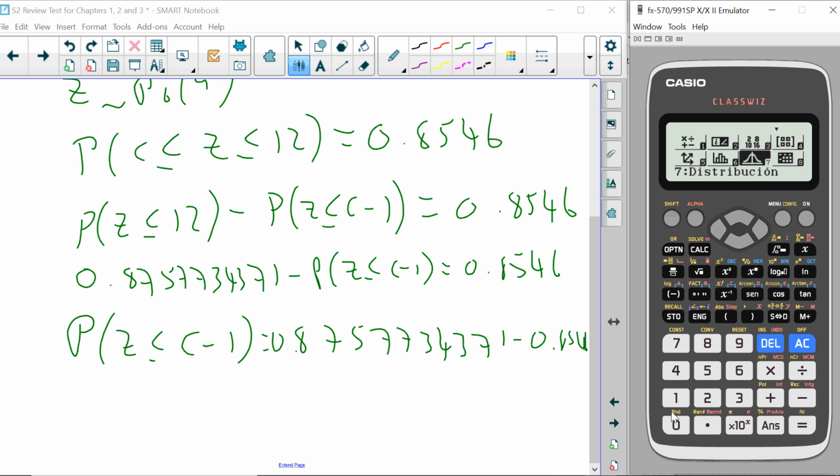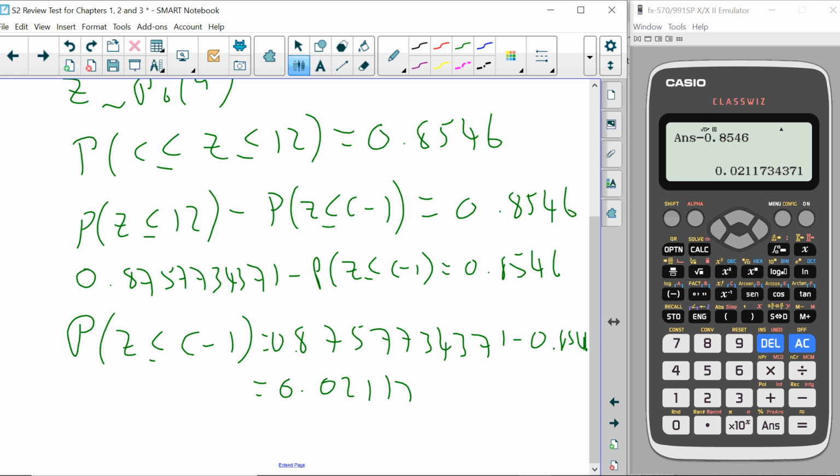So I'm going to go to my normal calculator mode. That is my answer, as you can see, and I'm going to take away the values that I need, the 0.8546, and I get 0.0211734371. So now I've got to the stage where I know the probability of Z is less than or equal